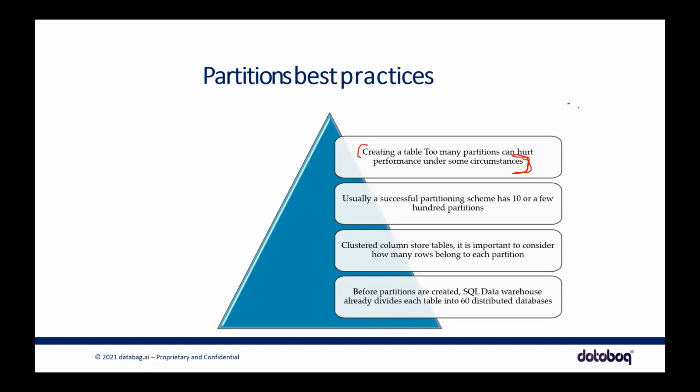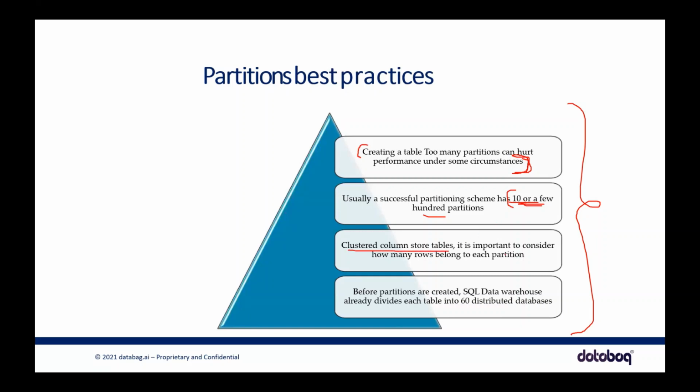But again, this list is important when it comes to implementation. So they say 10 or a few hundred is more than enough if you want to do successful partitioning. So at least start from 10 and then go up to 100, but usually not less than 10. It will be very few partitions again.